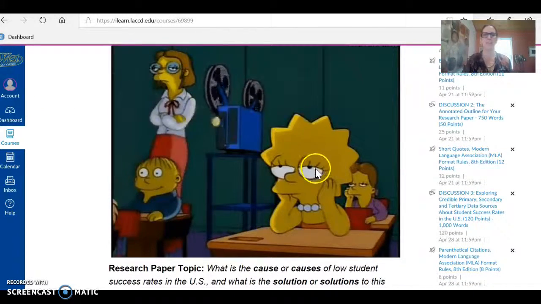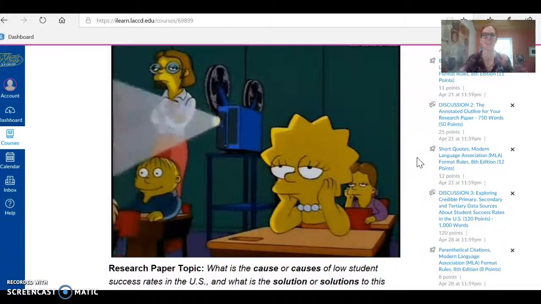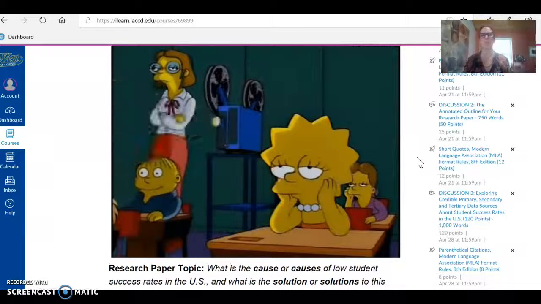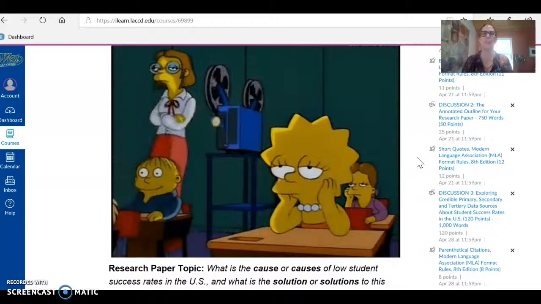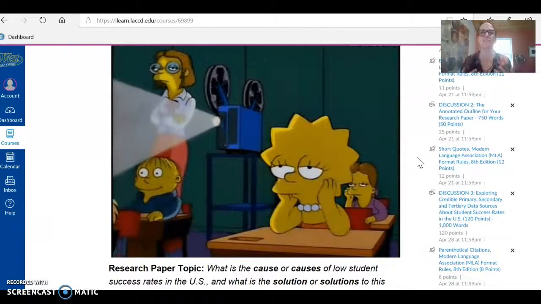I have Lisa Simpson, and she's bored in class as the teacher screens a movie, and I have to laugh when I look at this because it reminds me so much of my education and what I went through, where I was kind of passive in the classroom and just not participating. The teacher was in control, and we're not going to have that kind of teacher-centered classroom here. It's student-centered, and we work together.